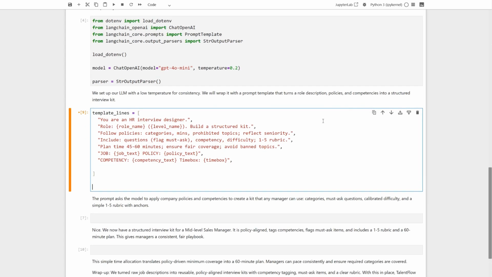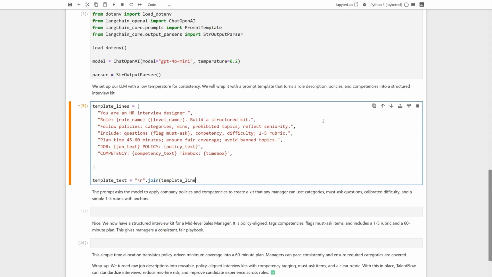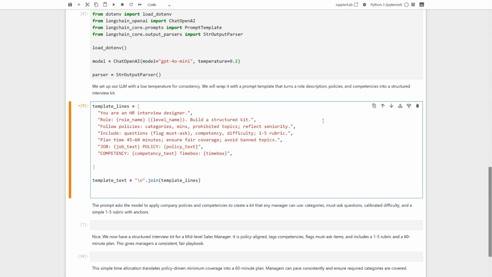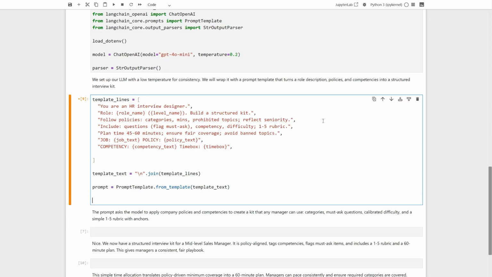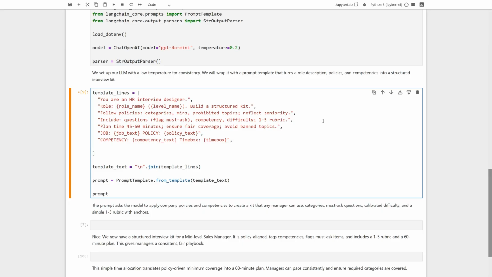I'll close the list here so we've got a clean collection of prompt lines we can rearrange or edit easily. Now let's stitch those lines into one block of text by joining with new lines. That makes it read like a clear, structured brief. With that text ready, we'll wrap it in a prompt template, so those placeholders become real input fields we can populate at runtime. And I'll evaluate the prompt object to sanity check it, just making sure the template looks right